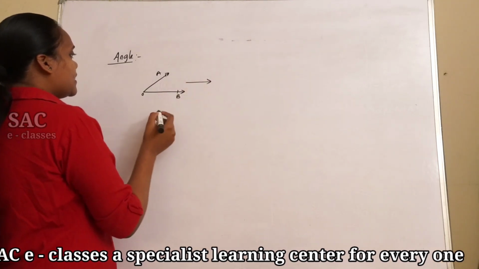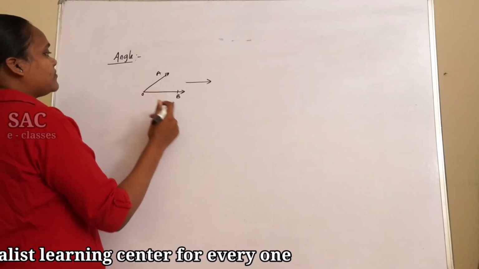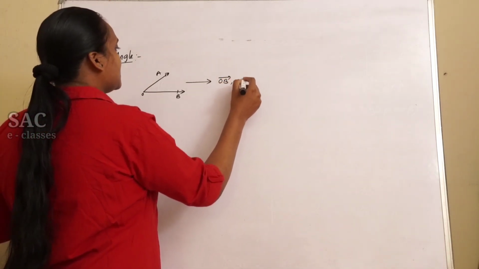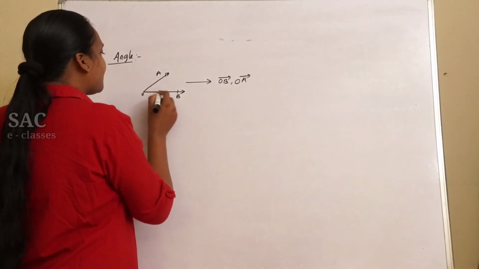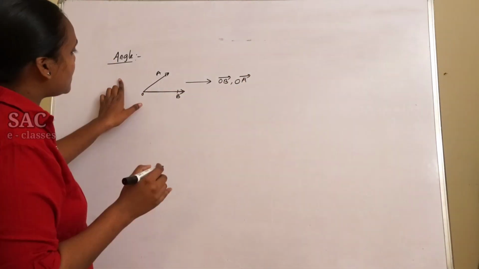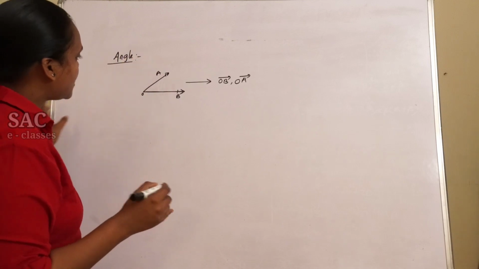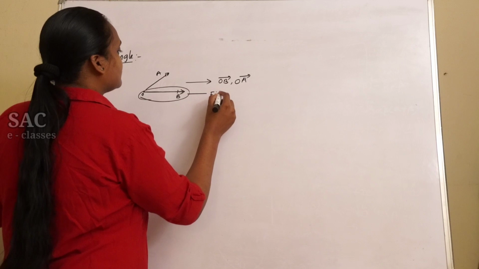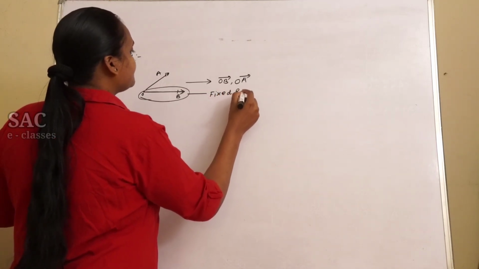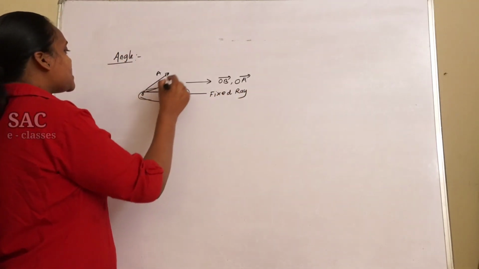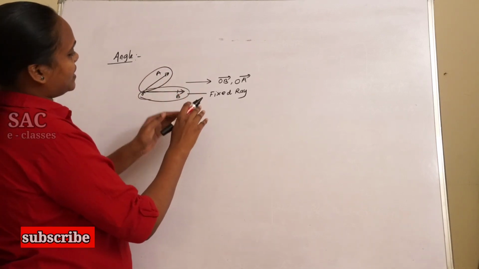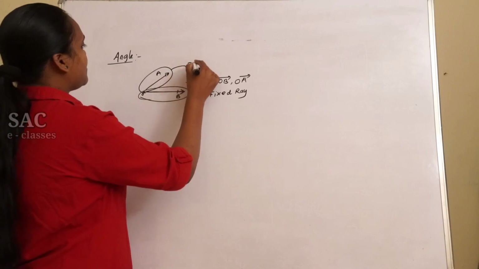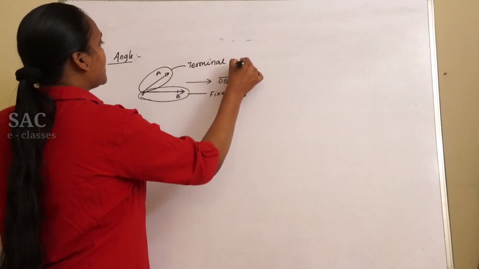Every angle consists of two arms, namely OB and OA here. In this, OB is the fixed one, with no involvement in the rotation. So OB is called the fixed ray or initial ray. The one which is participating in the rotation, in order to make an angle, we call the terminal ray or rotatory ray.